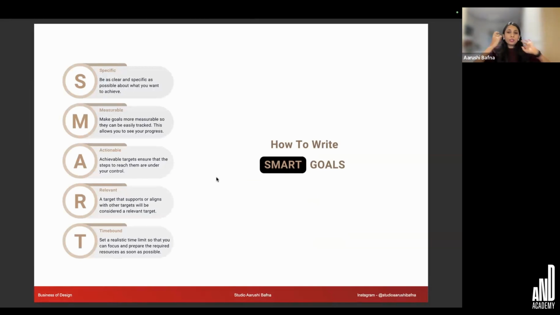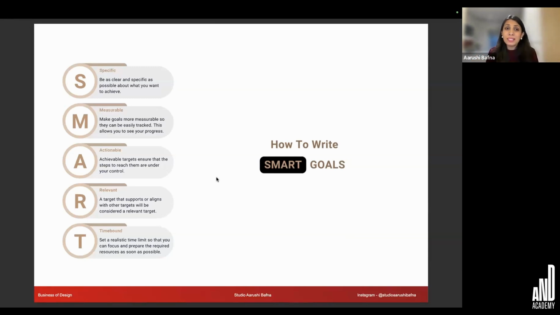So the first thing that you need to do before you leave college, or after you leave college, is write your SMART goal. Even if your goal says that 10 years down the line I want to run a studio like this particular designer, you know who you need to apply under as an intern or as a junior designer at that point in time. So it will guide your decision in the right direction from the very beginning if you do step one of writing a SMART goal. Be specific, make it very measurable, make it very actionable, relevant, and time bound.